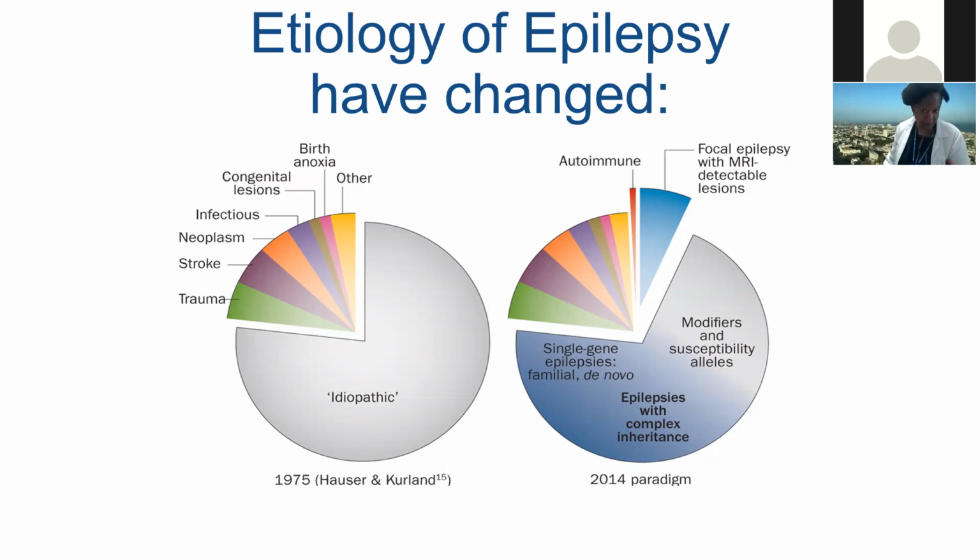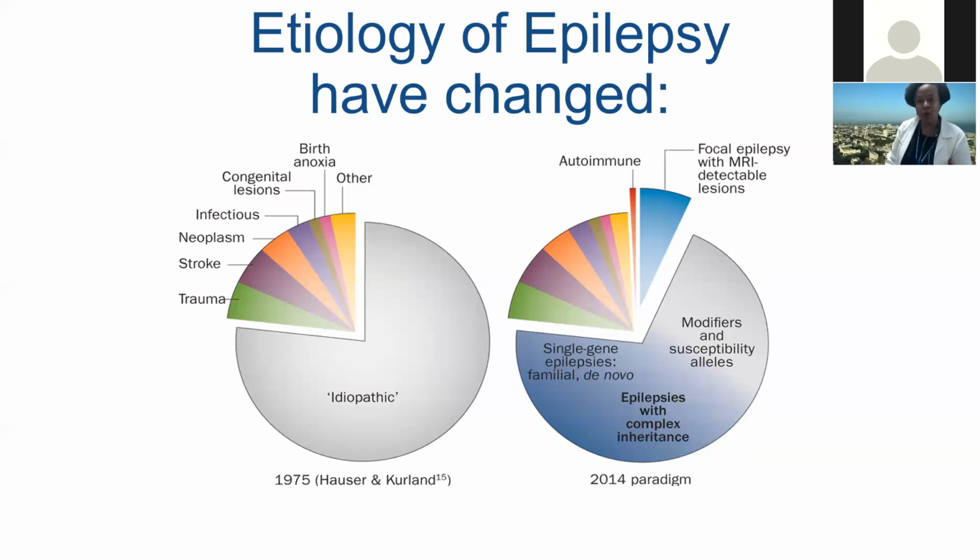Some of the epilepsies are familial, but the majority of these are de novo, meaning there is no family history of similar problems in other relatives, okay? When we study the mother and the father, they are also healthy. So this is a mutation that happened in the index individual or patient for the first time, okay? There are epilepsies that have more complicated inheritance, okay? And in which we still suspect that there is some genetic base, but the environment plays a role, okay? And there are also genes that modify or make the patient more or less susceptible to having epilepsy. In this group, we still have some learning to do.